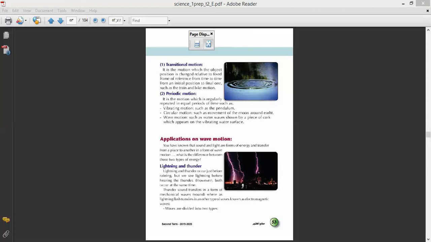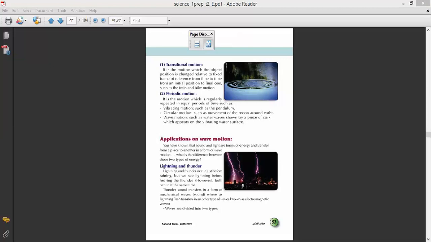But the electromagnetic is 300 million meters per second. So the speed of the electromagnetic is so high. This is different from the mechanical wave. It is relatively low. Examples of the electromagnetic wave are light wave, radio wave, microwave, ultraviolet, infrared